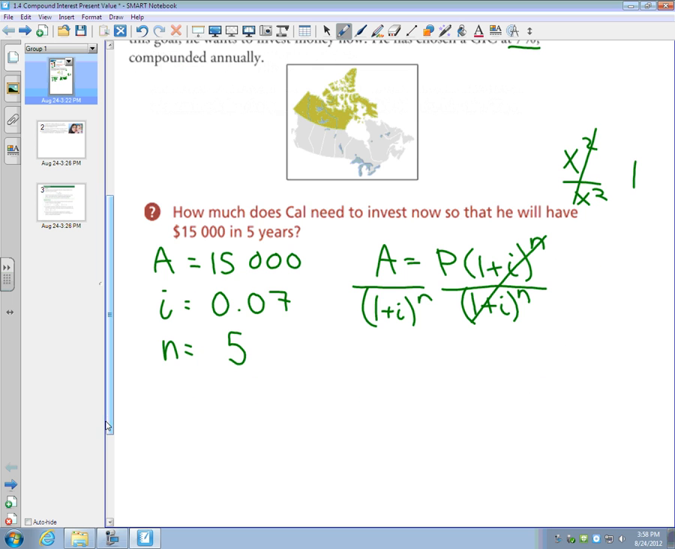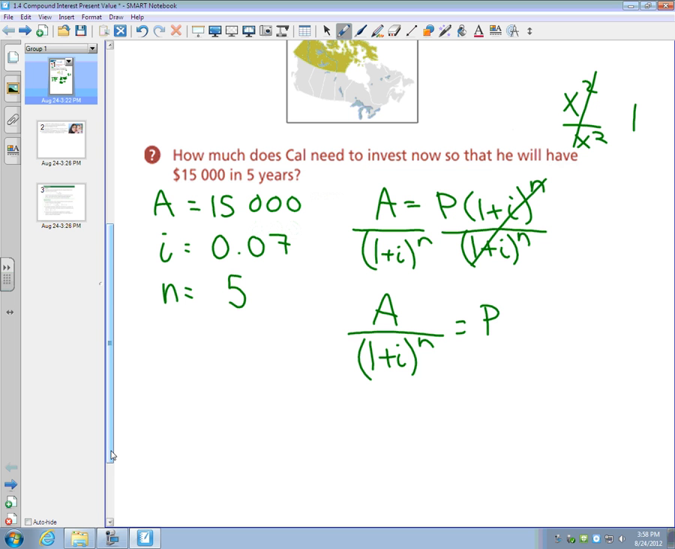So I know that my future value divided by (1 plus i) to the power of n is equal to my present value, or my principal. So going back to the question, we're going to use this new formula that we've developed. So 15,000 divided by (1 plus our interest rate, which is 0.07) to the power of n, which is 5, is going to give us our present value. So if you spend some time and you put that in your calculator, being very careful with order of operations and brackets, you should get